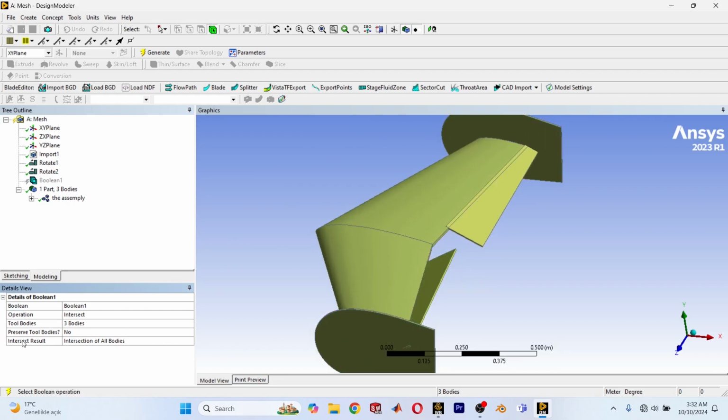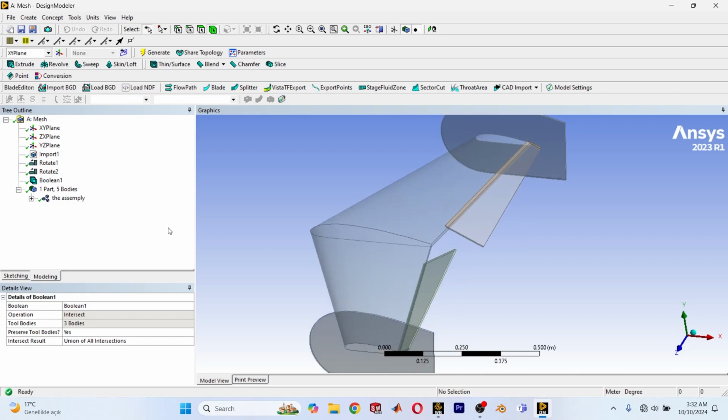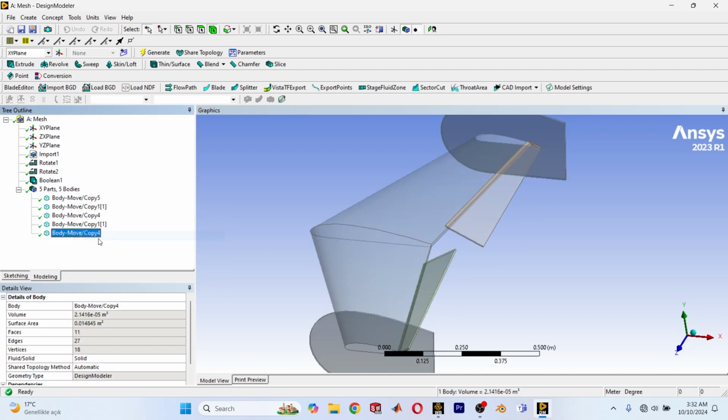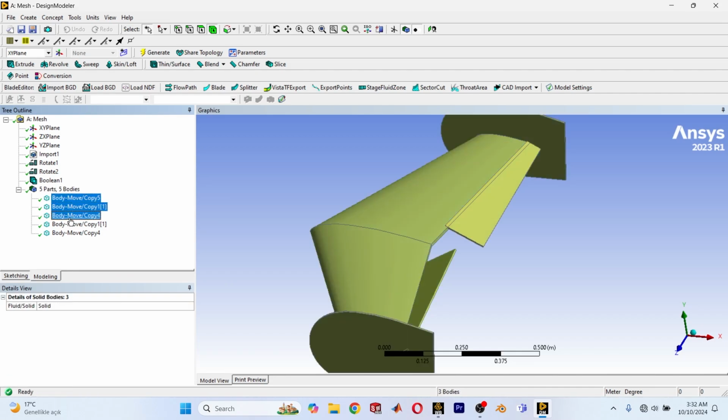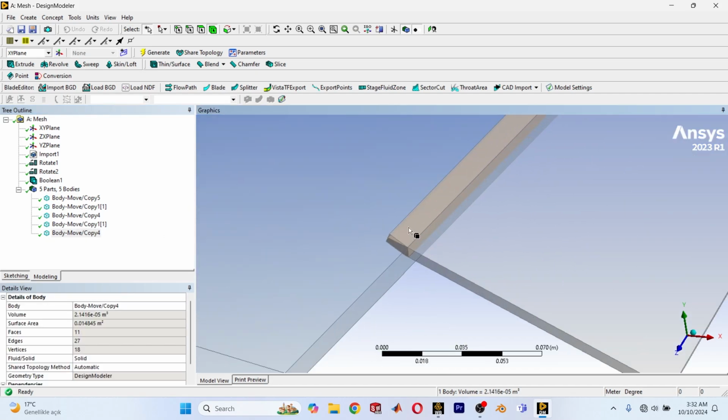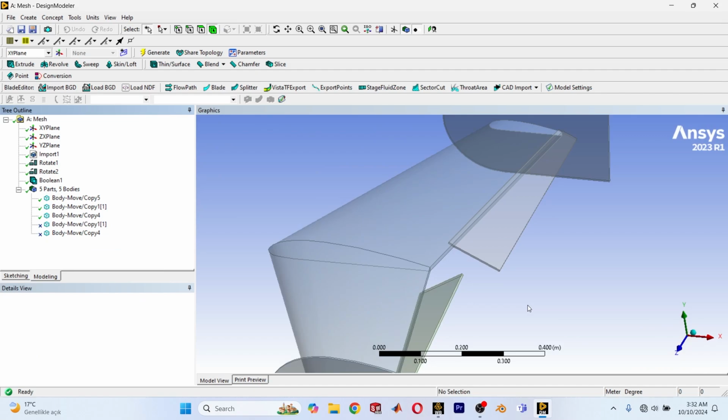Okay, now are we going to preserve the bodies? Yes, we are going to do that, and make it union of all intersections. Now generate. Look how many bodies we have now. Explode the parts. 1, 2, 3, 4, and 5. Those bodies are going to be suppressed. Okay,